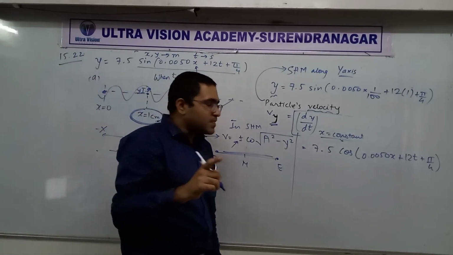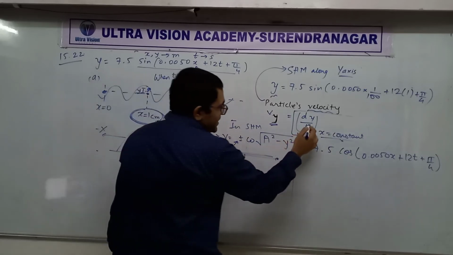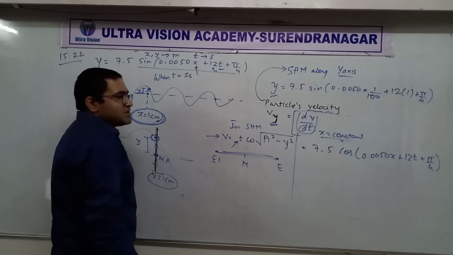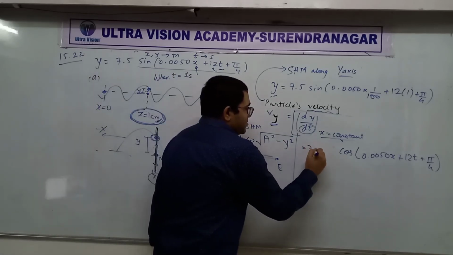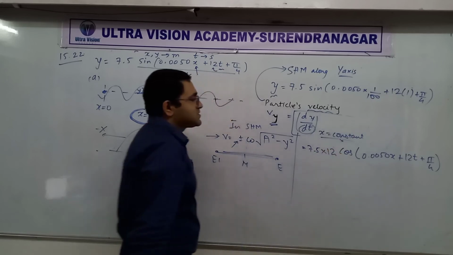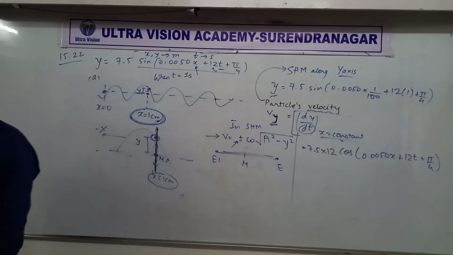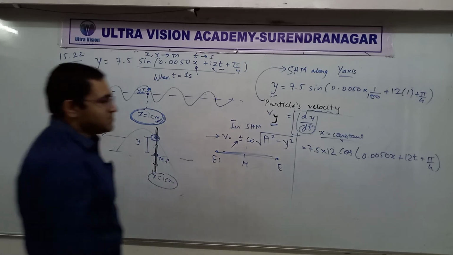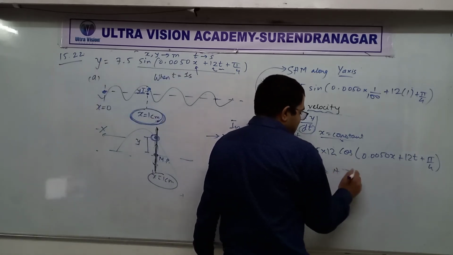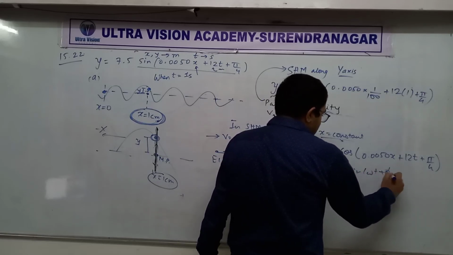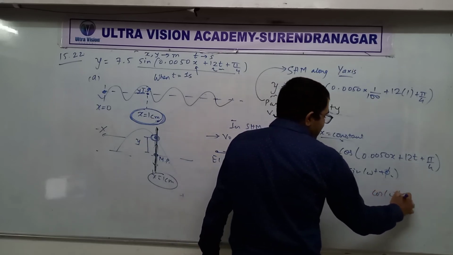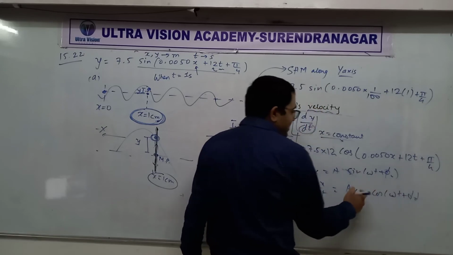Still not complete though. Because I've taught you that whenever you do differentiation, let's say by t, and here a number is multiplied to t, using chain rule you have to multiply that number outside. Do you remember that? Just like in SHM, we used to multiply omega everywhere because omega was multiplied with t. For example, when x equals a sine omega t plus phi 0, then its differentiation would be a cos omega t plus phi 0, but omega multiplied with it. Remember this?